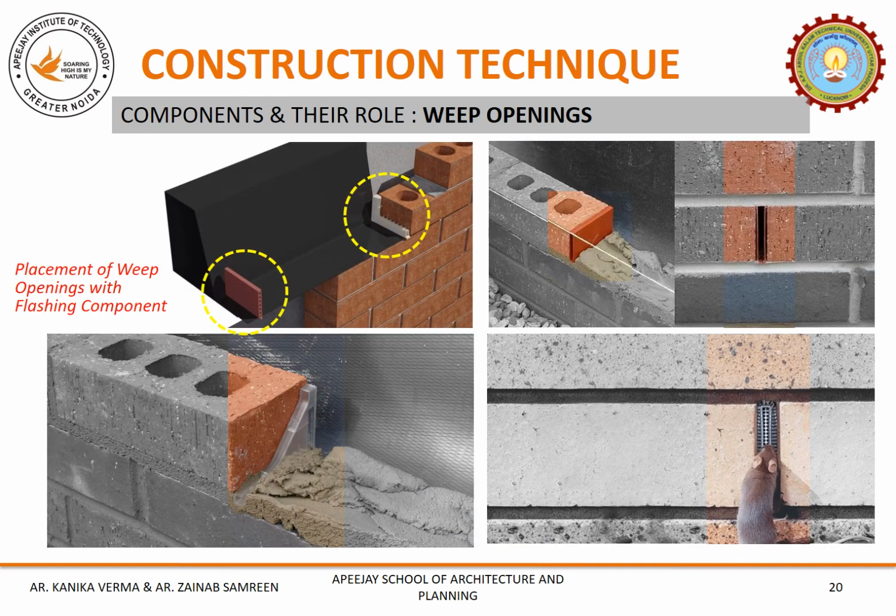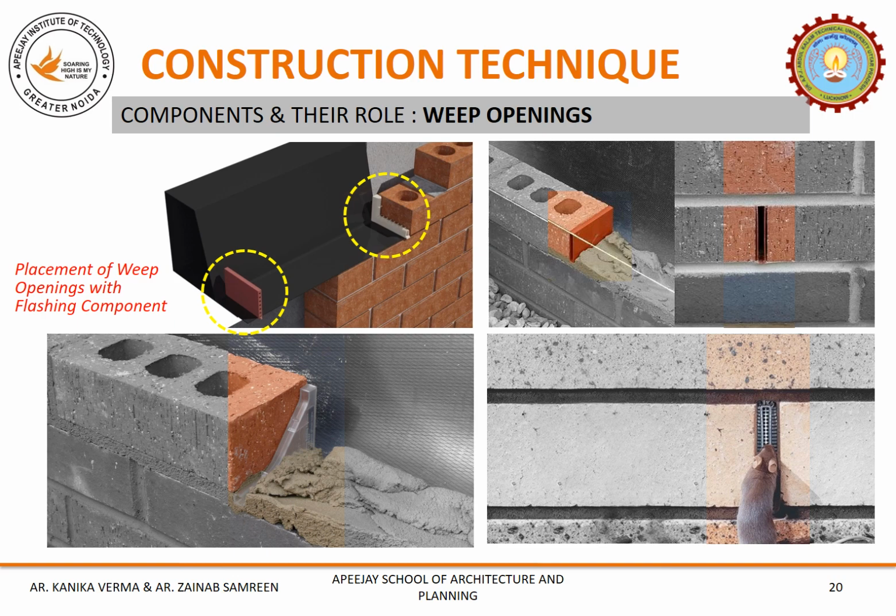This slide clearly demonstrates the three types of weep vents I already mentioned, which are made out of plastic and metal to have an efficient channel for water to drain off. As you can see in the left top corner image, a black flashing component is visible with two types of weep openings. Left hand side is a vertical plastic weep vent having equal height to the brick course, but the one in the right side of white color is not restricted with the height. It collects the water and drips it through the hole towards the outer side.